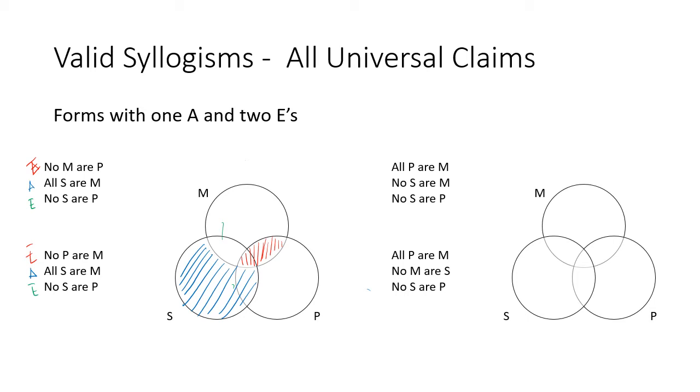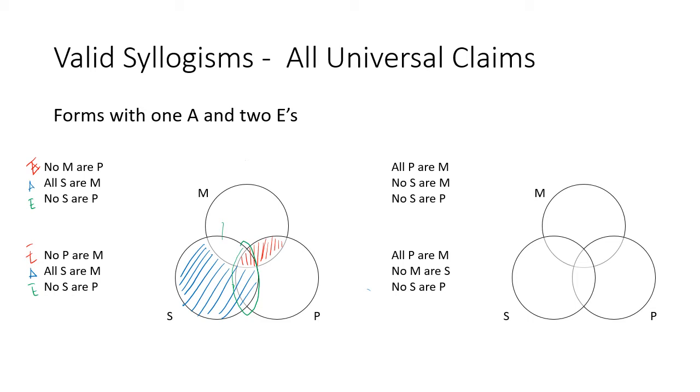And again, if that conclusion is true, then this overlap in the middle would be shaded in. I'm just going to indicate that here with the green, and it is. So that means this argument is valid. Okay, over here on the right, we have another pair of forms where we have a universal negative and